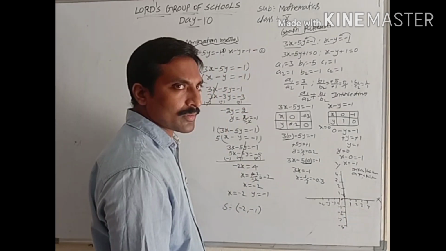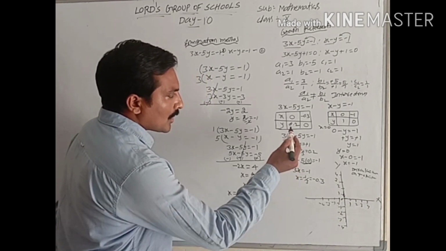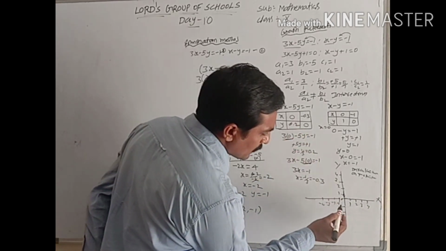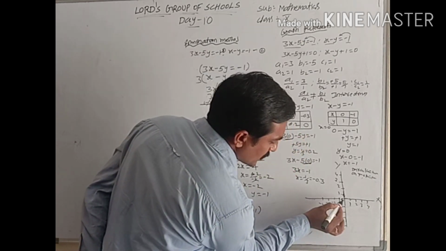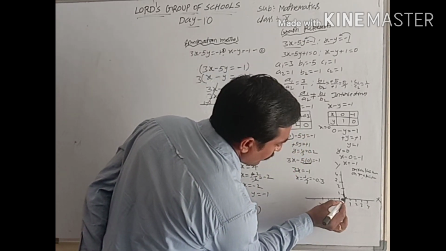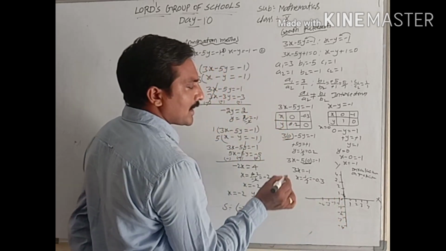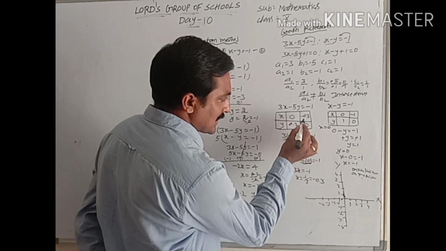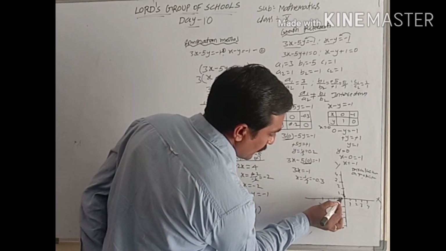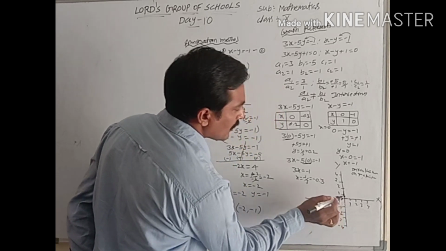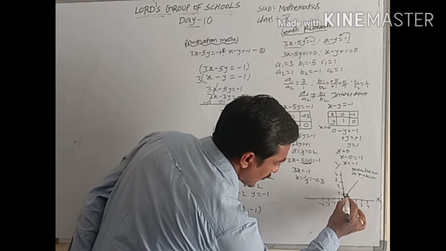Now to represent on the x-axis and y-axis. Here 0, 0.2: the point is on the y-axis because the x value is 0, and y is 0.2. So here 1, 0, and 1 is between on the y-axis. Minus 0.3: the x value is present, the y value is 0. At that time this is on the x-axis, minus 0.3, 0, between 0 and minus 1. Now you have to join these two points and you will get one straight line.